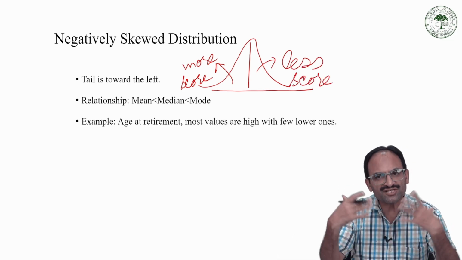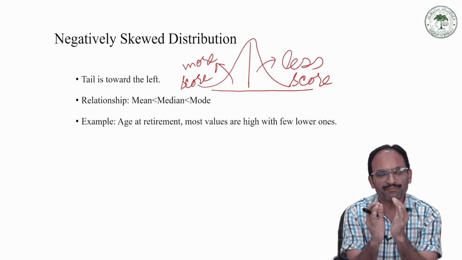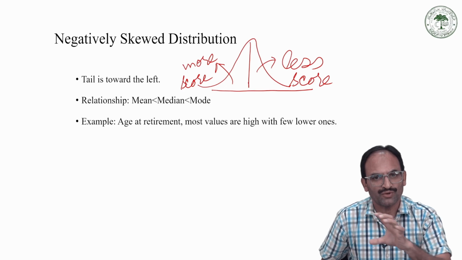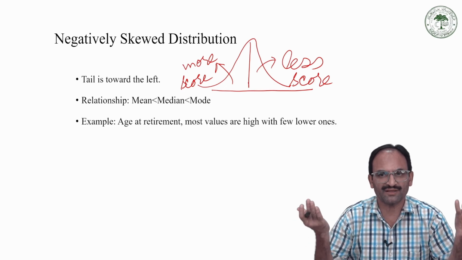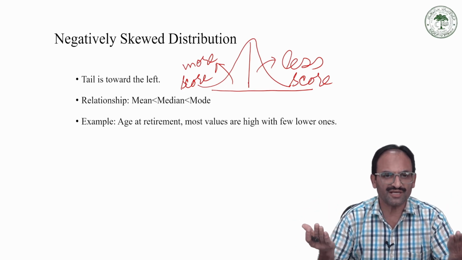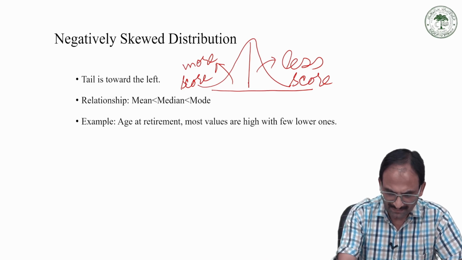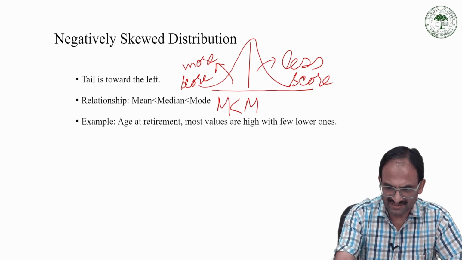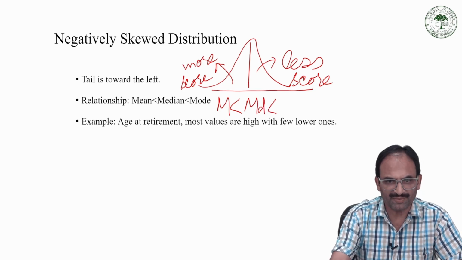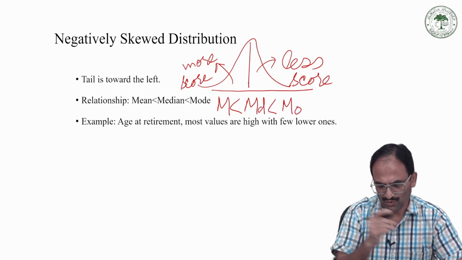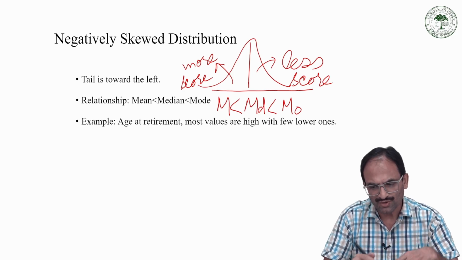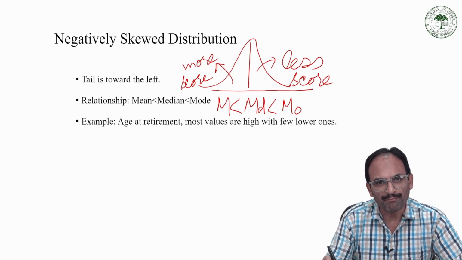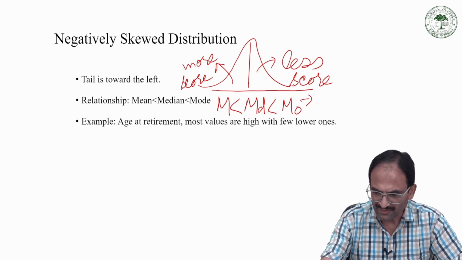That is a distribution in which most of the scores are less than the mean value. So what will happen in this situation? See, mean will be less than median and median will be less than mode. So what will be the relationship? By that way, you can say mode value will be the highest